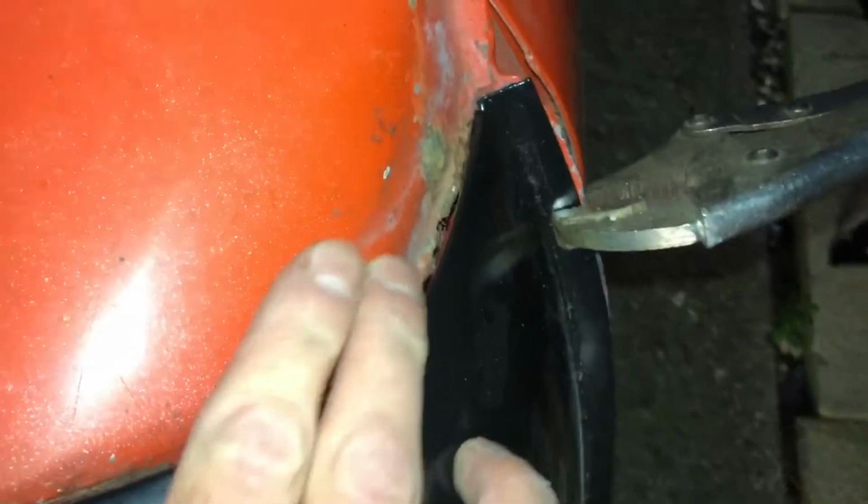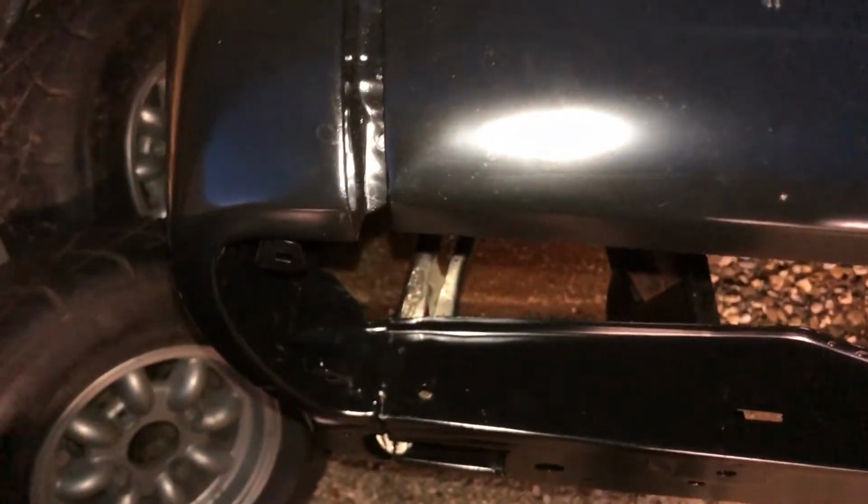Hang on, I'll turn this off and I'll see if I can get the light on. Okay, I hope you can see this. I've got one clamp at the top, and I've got one clamp in there. Same again this side, over there. The panel gap, a bit bigger than I'd like to see. You know, that's not unexpected based upon the gap I've got here and this poor fitting corner. And it's the same here, but it is even on both sides,